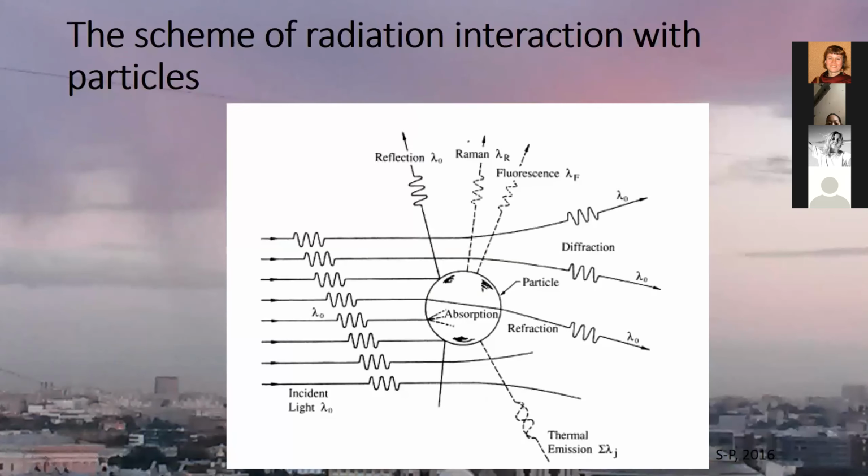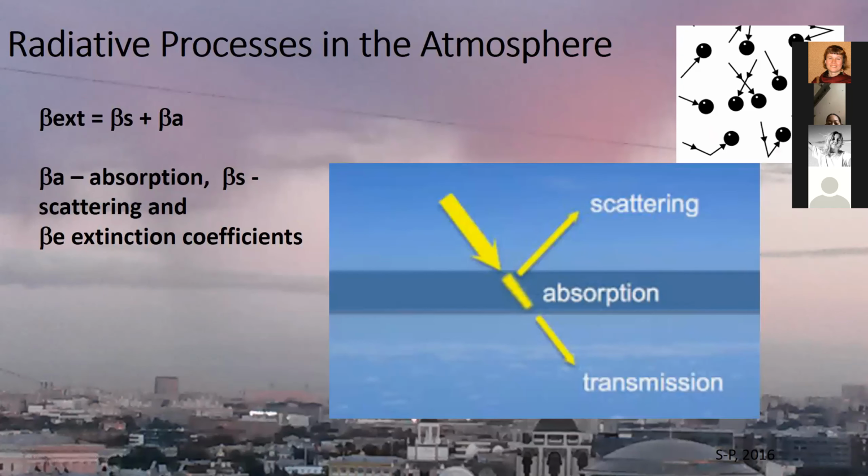And what happens with these solar irradiance in the atmosphere? It has a lot of interaction with the particles, and we will speak today mainly about the particle interaction, which include the reflection, the process of the diffraction, absorption, some other emission, and some other more complicated processes. But today we will speak mainly about the most important processes like the scattering, absorption, and transmission of solar irradiance